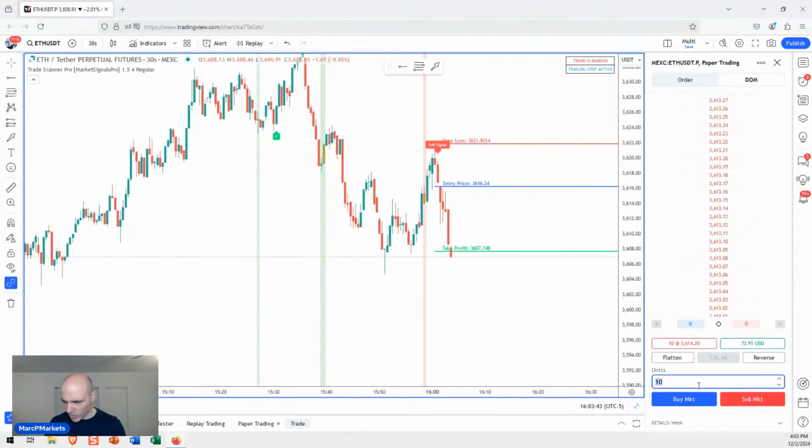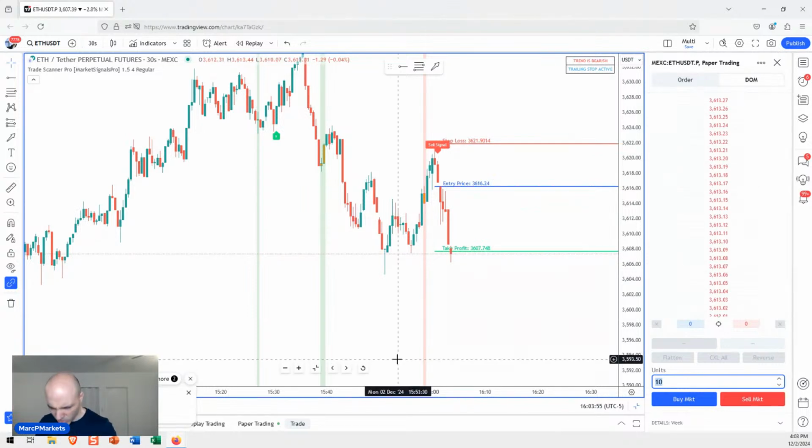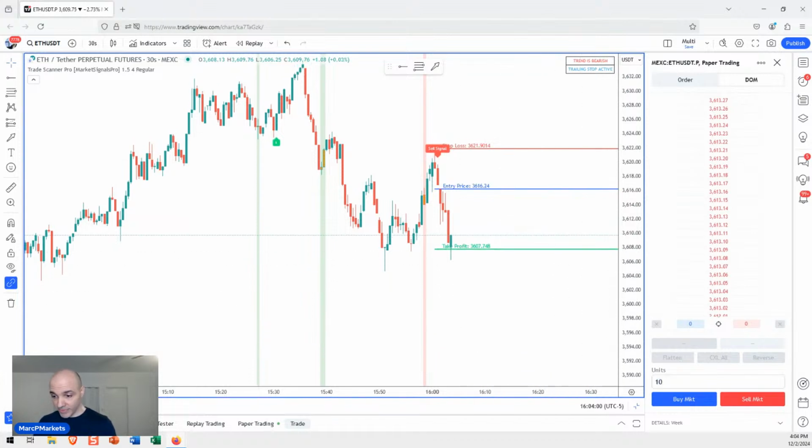Right, that's up $71. I'm going to take half of it off the table. Let's buy 5 back. All right, and I closed all 10. Oh, I closed all 10 by mistake. All right, I meant to close only 5. All right, that was a nice trade at the profit objective.